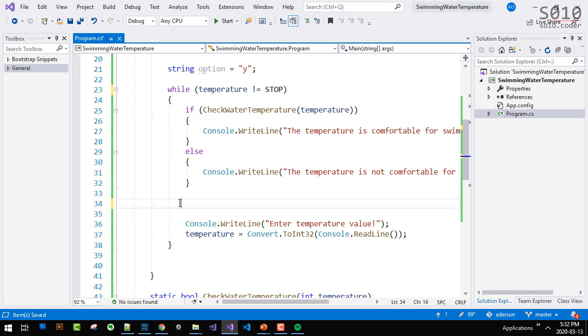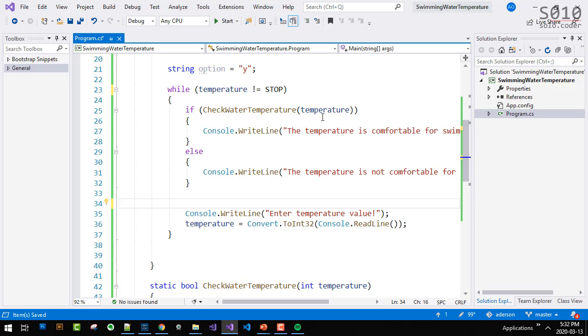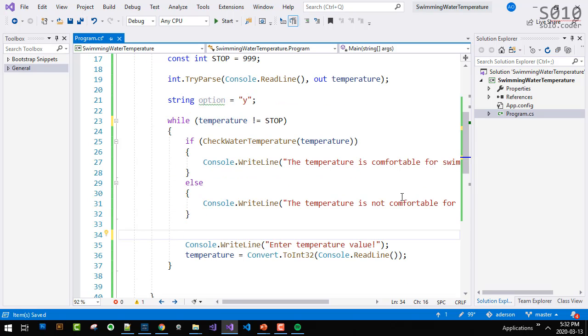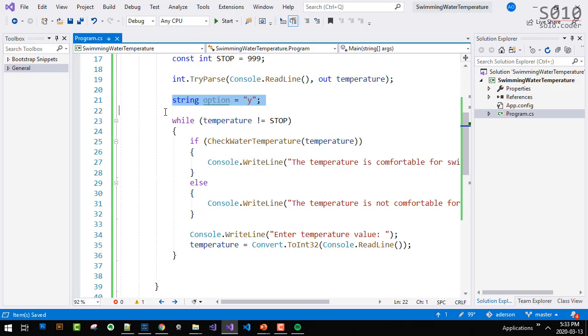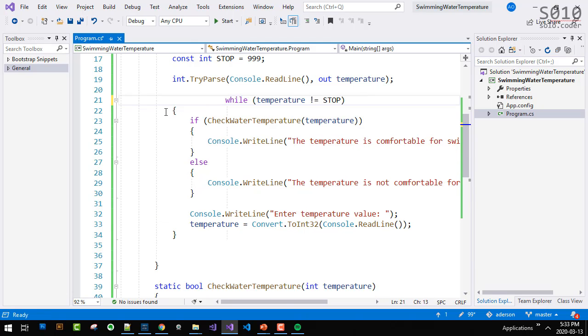So I can get rid of this, and I can just ask for the temperature again. Enter the temperature value. And it keeps doing that. Okay? Now we can get rid of this guy as well. So let's get rid of it.